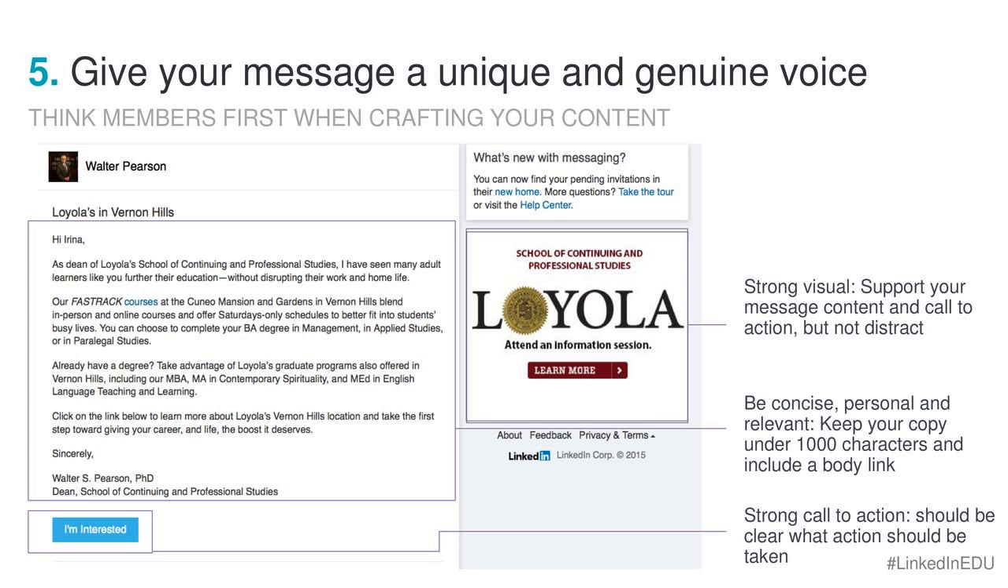And the same thing with the body link. I've seen messages that do not have that body link, and here courses is hyperlinked, for example. The performance is much lower. The click-through rate is not nearly as strong as when you have both a contextual hyperlink as well as a